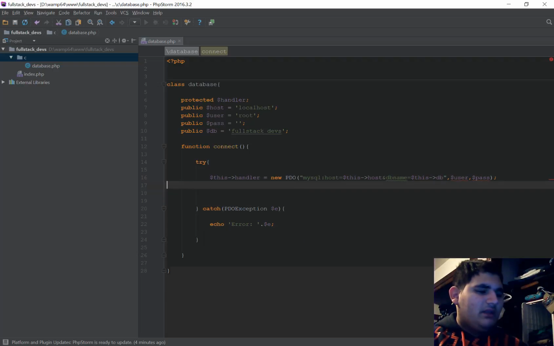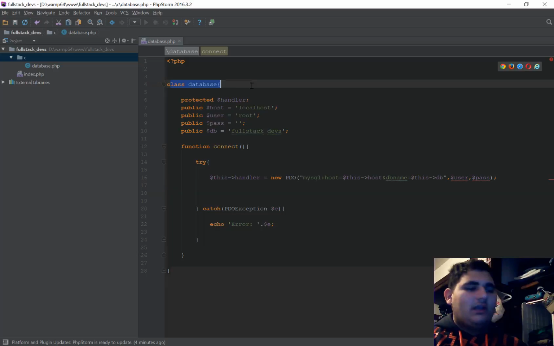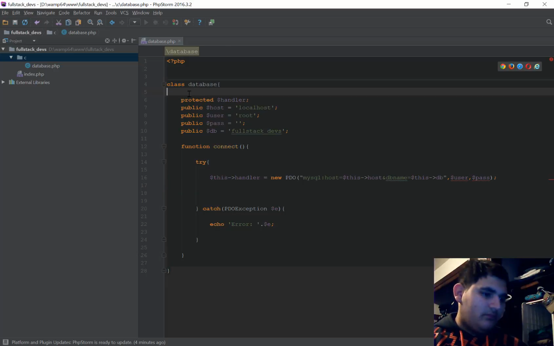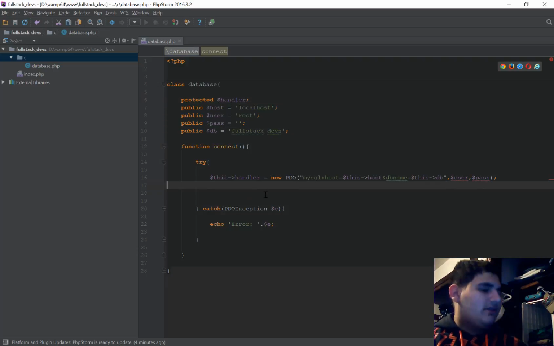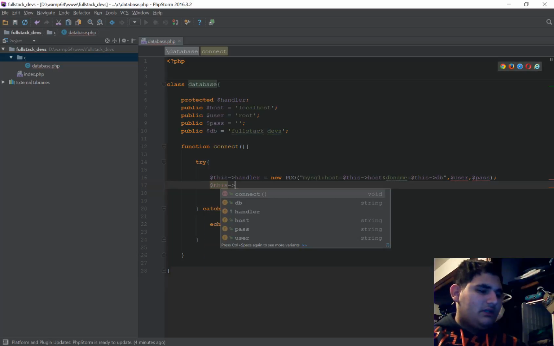Now why we're using this is because this is inside this database. So a class is an object. So how do you get what's inside an object from inside the object? Using this. Now we're going to do this handler,